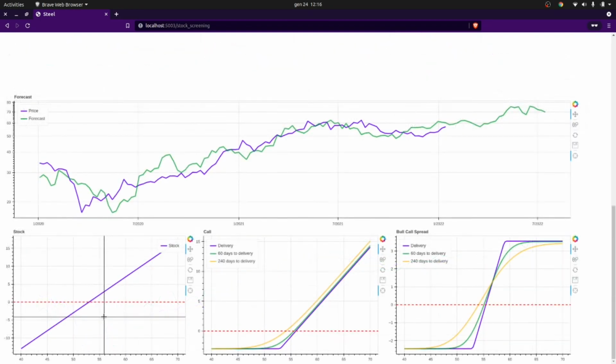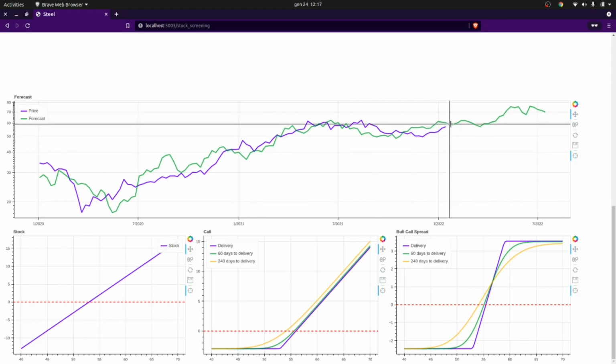Here I compare three strategies. The first strategy consists of buying the steel ETF, and the red curve is the break-even. Essentially, we gain if the stock rises, and we lose if the price drops. It could be a significant drop if we have a shock in the steel ETF or in the steel economy.